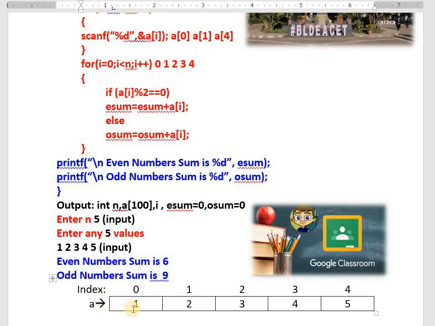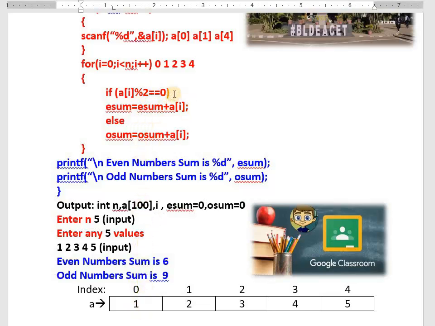Already you know how to check for even or odd. If a of 0 mod 2 equals 0, if the value inside a of 0 is divisible by 2, that is even. Even sum equals previous even sum plus a of i. If it is even, that will be added into the even sum. If the value is odd, that will be added into the odd sum.